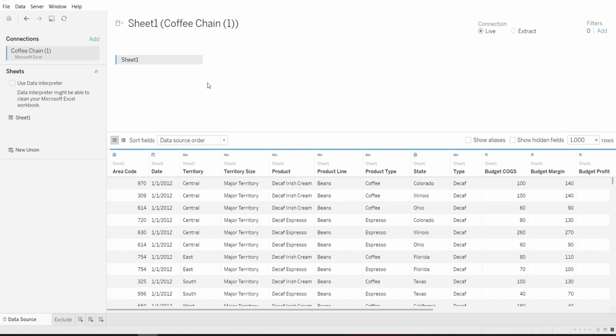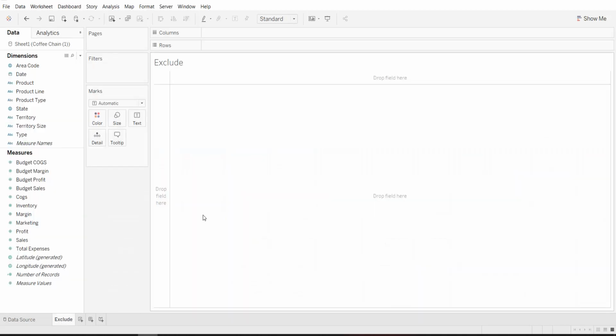The dataset that I'm using is coffee chain, the same dataset I've used in my previous video. Now, exclude is totally opposite to include. In include, we add the dimension in the expression that we want to participate in the aggregation along with the dimensions that are present in the view. However, in this case, we will include that particular dimension in the expression that we do not want to participate